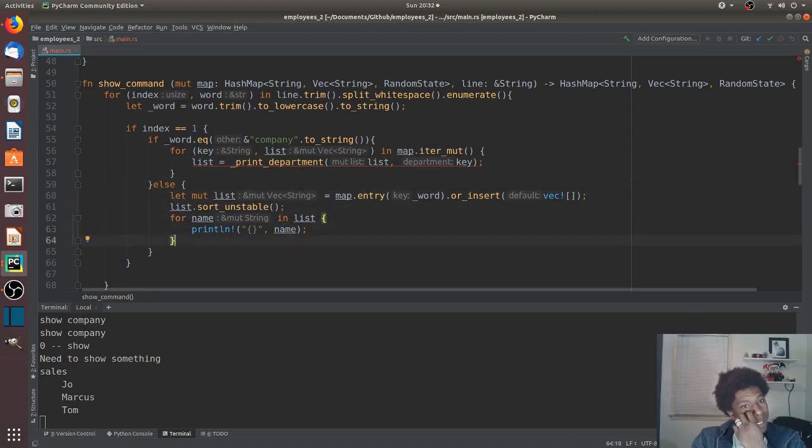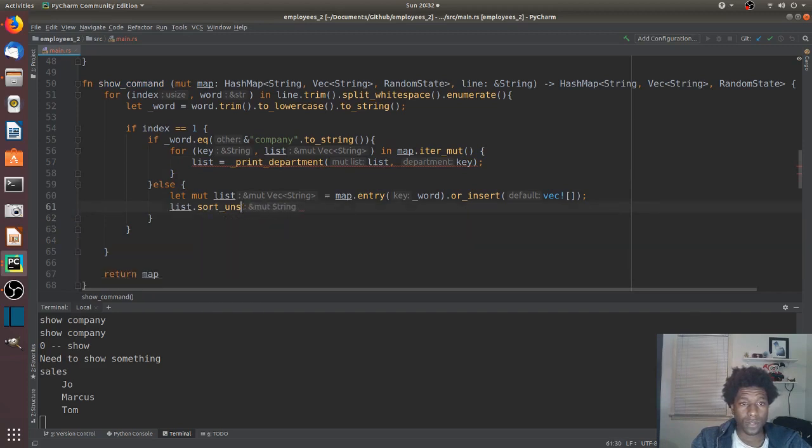Here we can do the same thing. The key will be the word. We're using it as lowercase, so that's going to be the department. So we can say that list is equal to print list, whatever they gave us, and then the department being